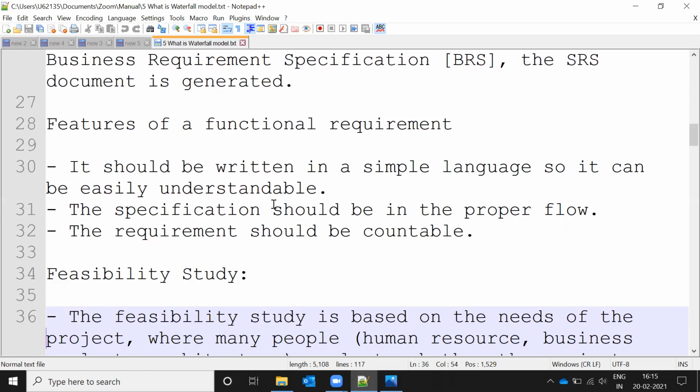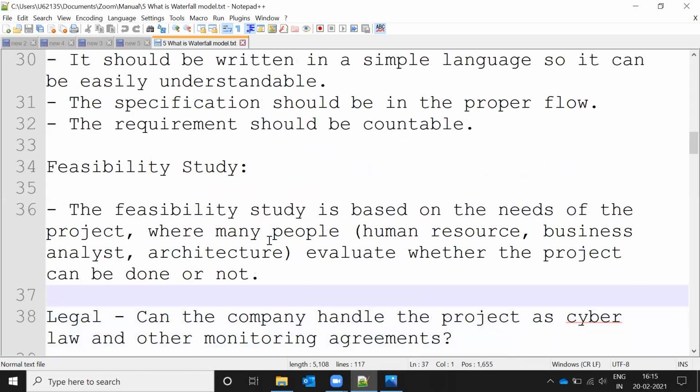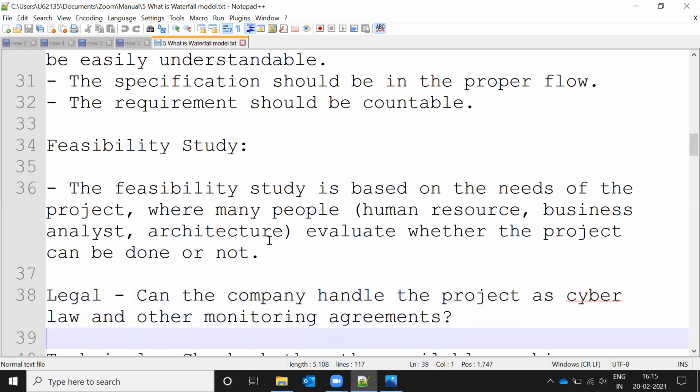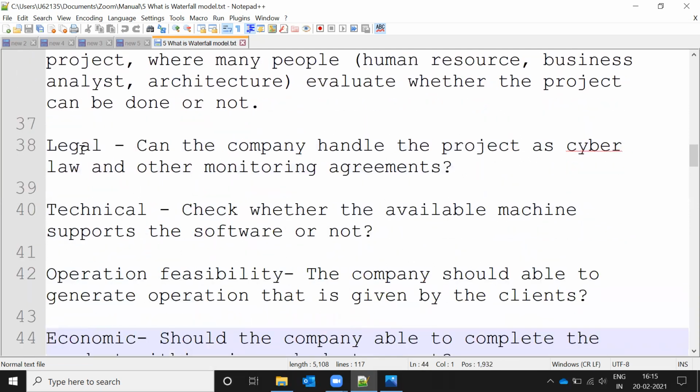Every requirement is accountable. Feasibility: once the requirement is completed, it goes for the feasibility study. In the feasibility study, the human resources, business analyst, architect, everybody sits together and, based on the requirement, checks whether they can do it or not. They check the basic things: legal, technical, operational, and economic feasibility.